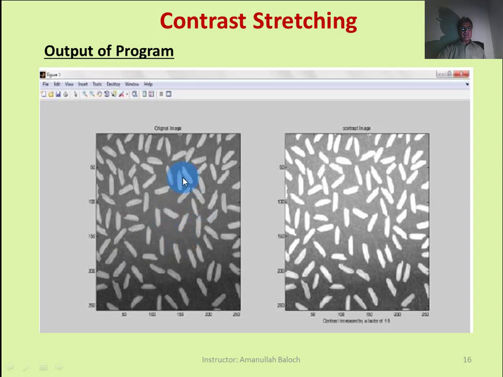There are some rice seeds, and the background of this image is dark, and the rice is white, while contrast stretching makes these rice seeds more bright, and it can be studied in detail here.